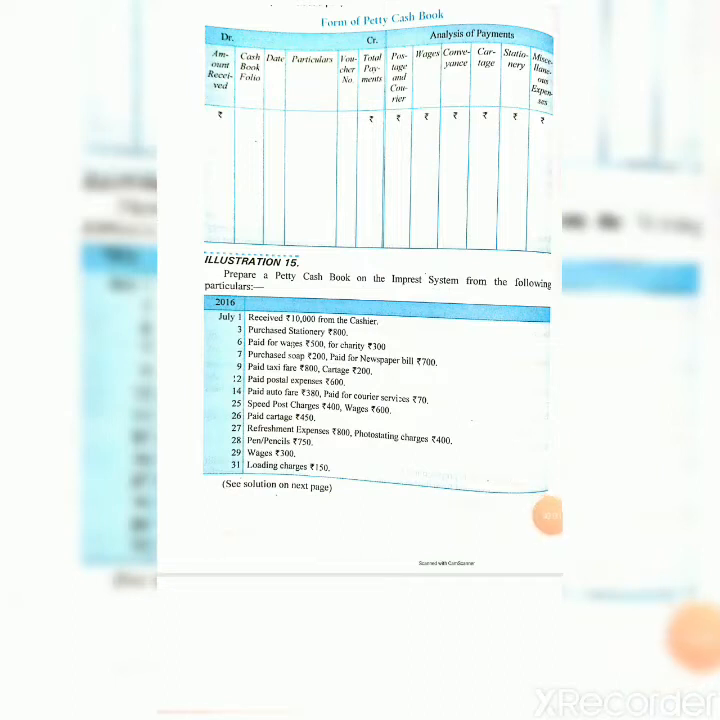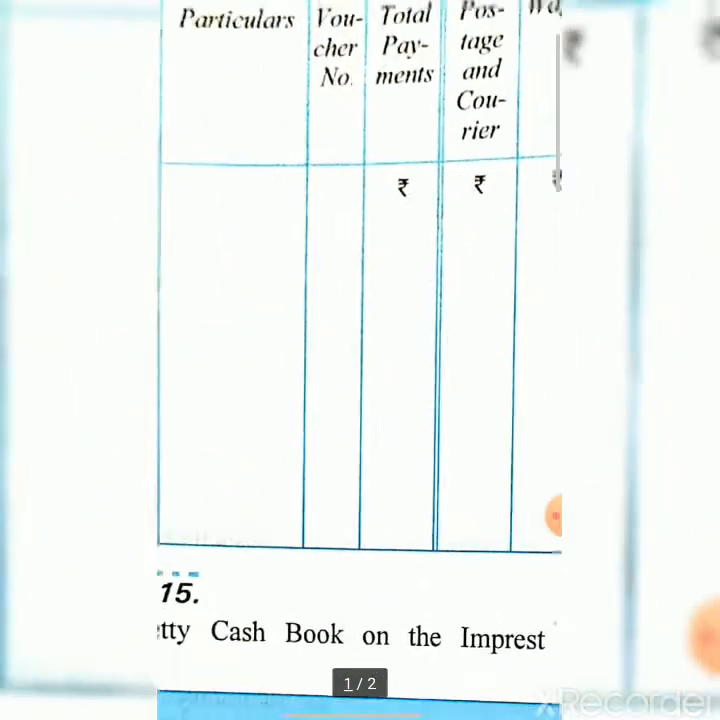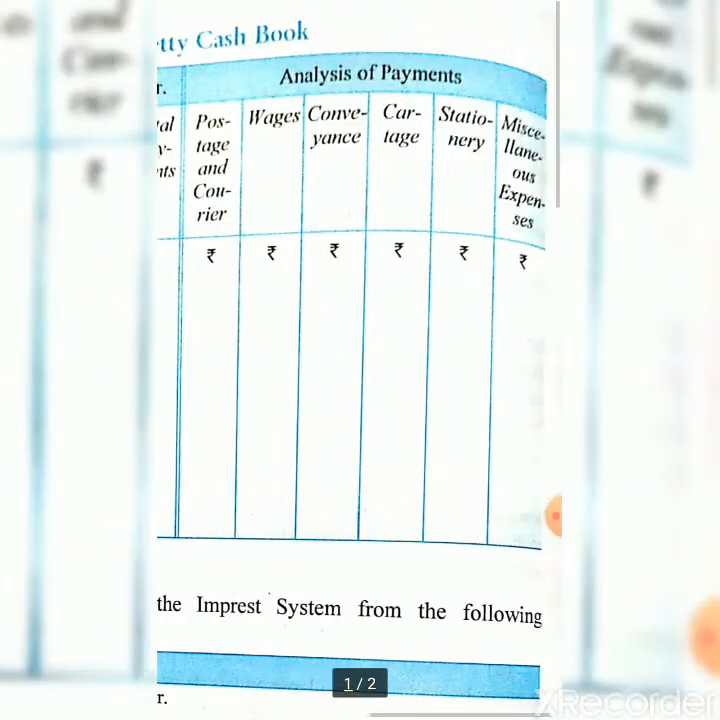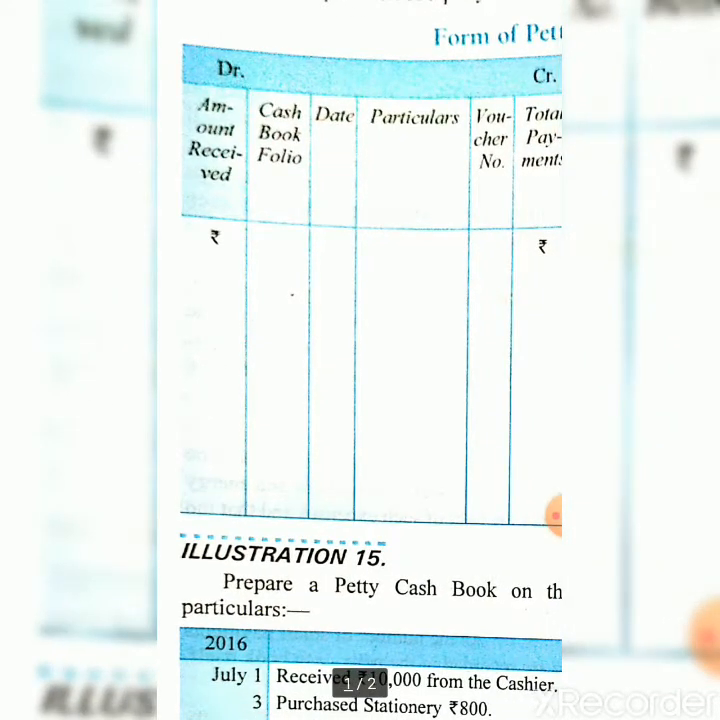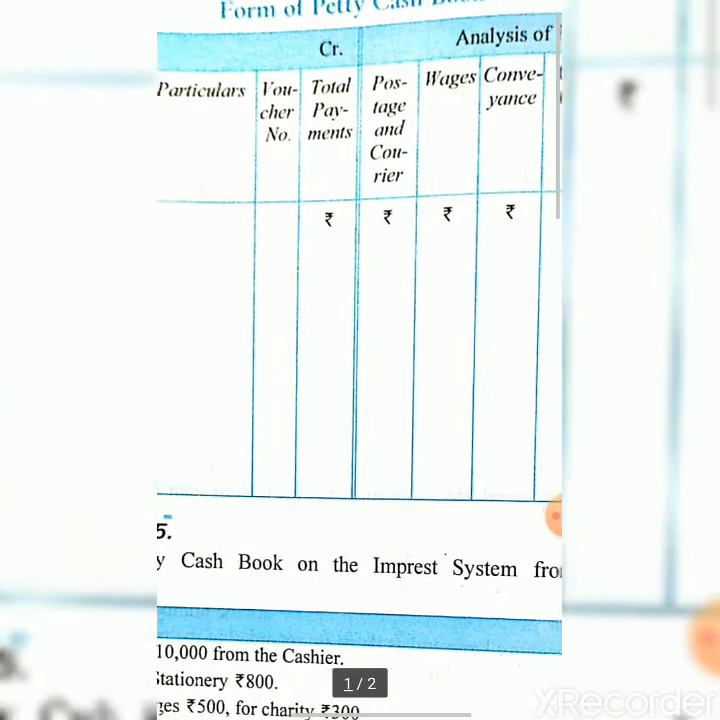Hello students, today we will see Petty Cash Book, and in Petty Cash Book the imprest system will be discussed today. So let's see first the format. The format of the Petty Cash Book is like this, in which debit and credit sides are there, but in debit only the amount received column is there. Again cash book folio, that means reference to cash book page number, date, particulars, voucher number, total payments,